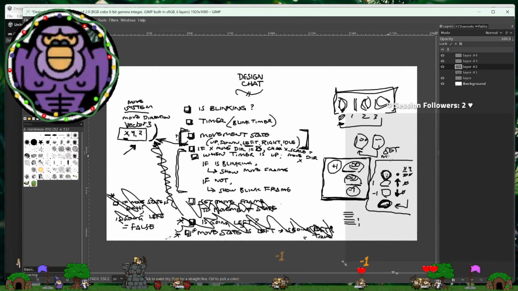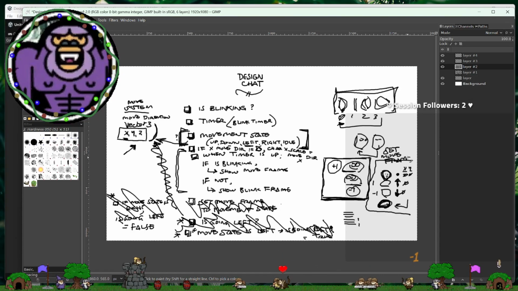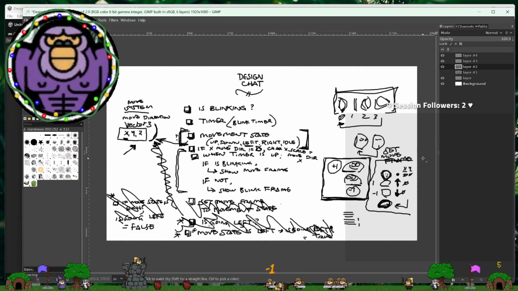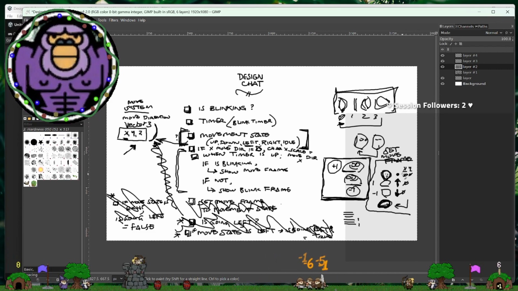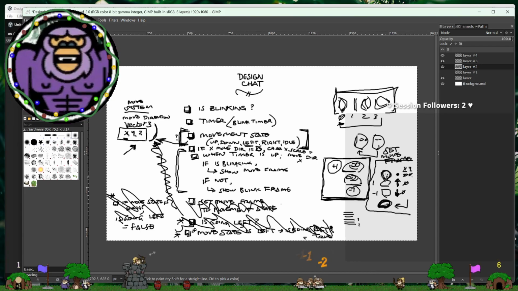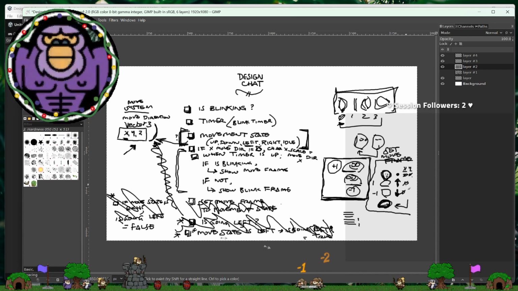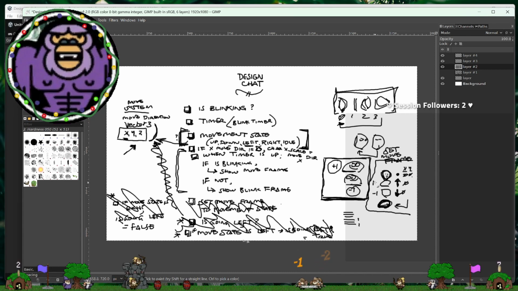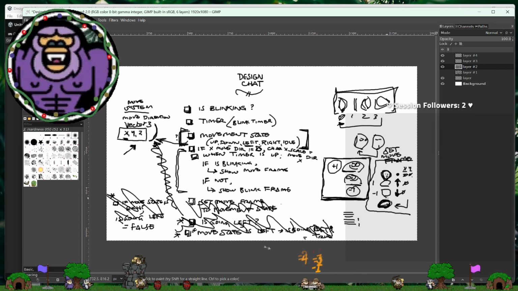Set move frame. This is a cleaner set of rules to figure out which frame we should be showing. Based on the move direction, if both are 0, we're going to show this idle frame. If X is 0 and Y is 1, then we'll show up. If X is 0 and Y is negative 1, we'll show down.